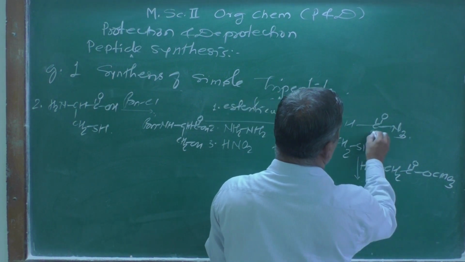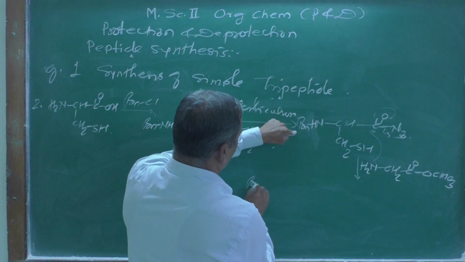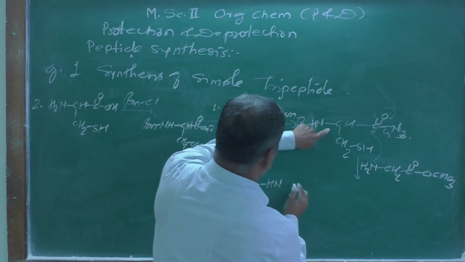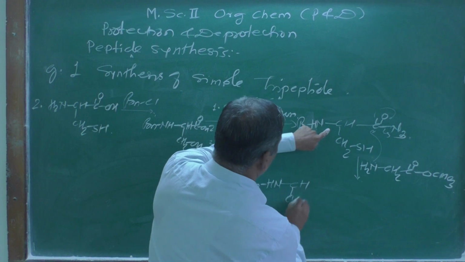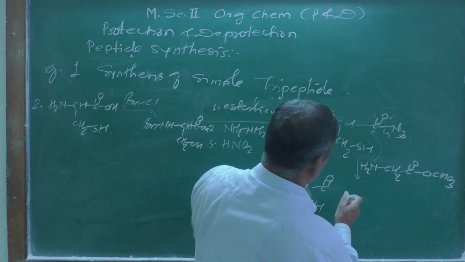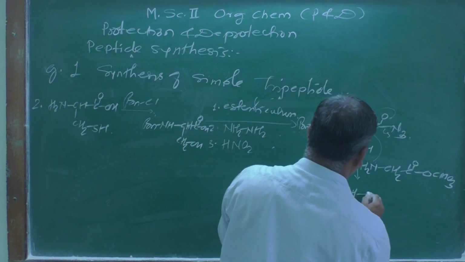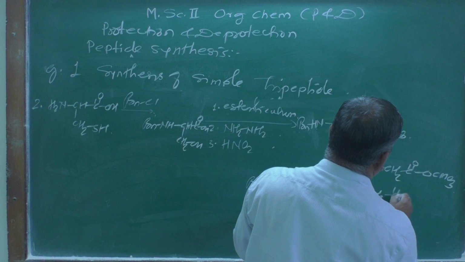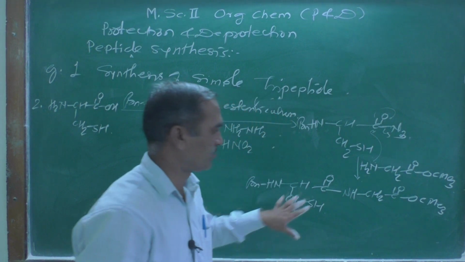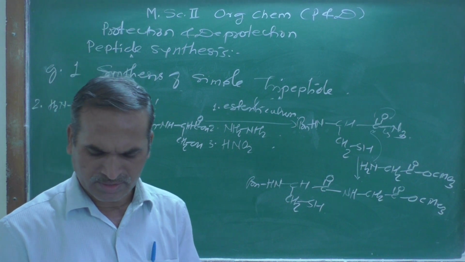This is going to attack on this carbonyl group, revolving around it, and azide gets removed, so that you are going to get here BN, then HN, then there CH, then CH2HS, then C double bond O, and then NH, peptide bond is formed over there, then CH2, C double bond O, and CMe3. This type of the compound, peptide, we will get, and this